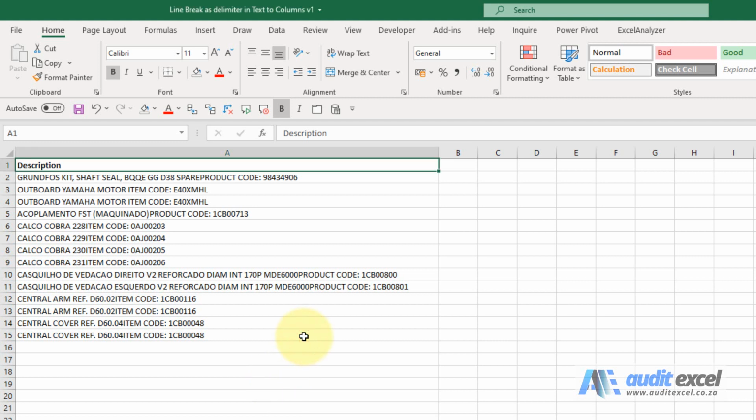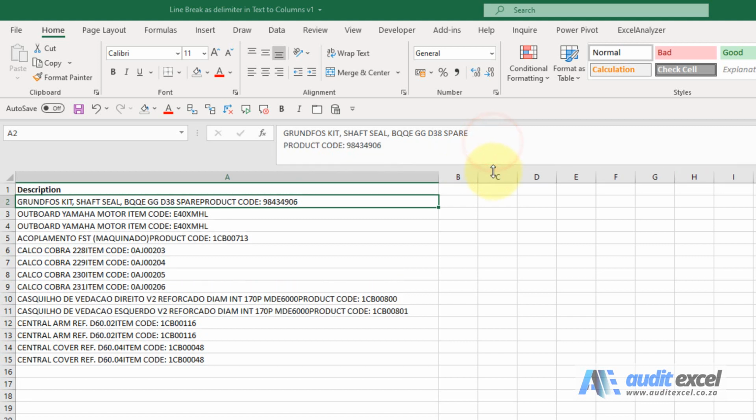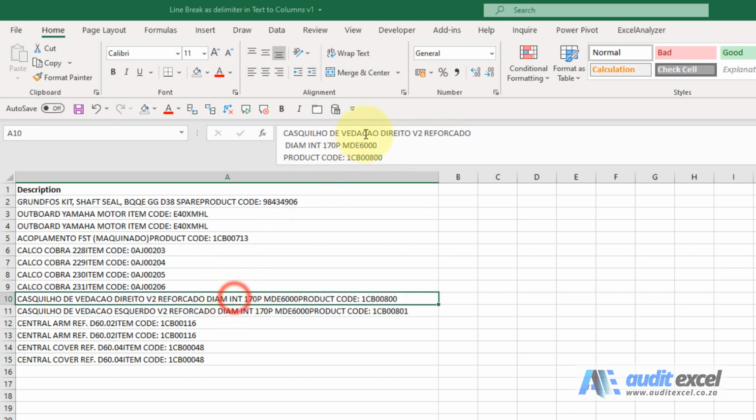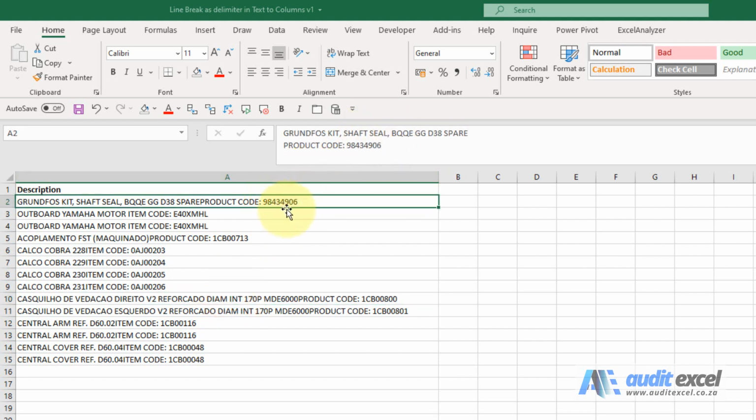When splitting text into columns, you may come across the problem of line breaks. So if you look at this data, it looks fine. If I click here, I'm just going to pull this down. You'll see that there's actually data on a second line, and a little bit later down here, there's actually data on 3 lines. So we want to now take that data and go text to columns based on where it goes to the line below. It's called a line break.